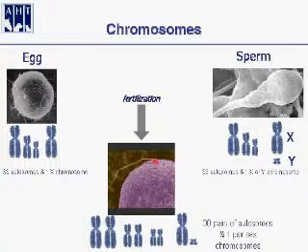And then upon fertilization, the egg and the sperm fuse and the chromosomes join up. So now we've got pairs of chromosomes. So 2 copies of chromosome 1, 2 copies of chromosome 2, 2 copies of chromosome 3, and 2 sex chromosomes. And it's the sperm that determines whether it's an X or a Y, and so it's the male dog always that determines the sex of the puppies. So when Henry VIII was chopping the heads off his wives because they didn't produce him any sons, it was actually his fault.